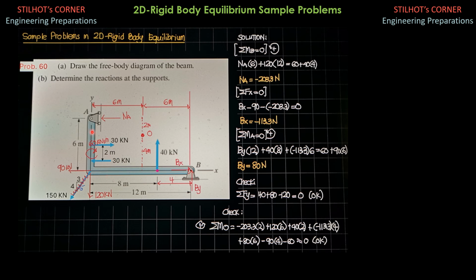So at A, we have a roller, so that's why the normal reaction is perpendicular to this surface, which is vertical, so it is horizontal. I just assume that it is leftward, but you can assume that it is rightward if you want. Then take note, we have a couple here, which is clockwise. The magnitude of the couple would be 30 times 2, so 60 kilonewton meter, which I replace it here.